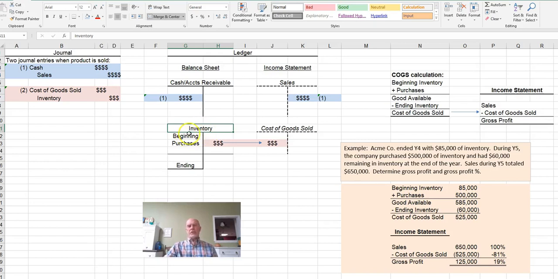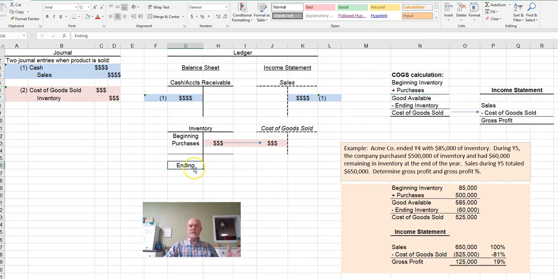So let's assume you started with some beginning. So I've just got kind of the structure here of the accounts without numbers. So you have a beginning balance in inventory, and then you have purchases. Additional purchases are added to the inventory account. And over here, I've got a little summary, a calculation of what's going on in the inventory account. We started out with beginning inventory. We added our purchases. And together, that gives you the total cost of the goods that are available for sale to customers. When all is said and done,